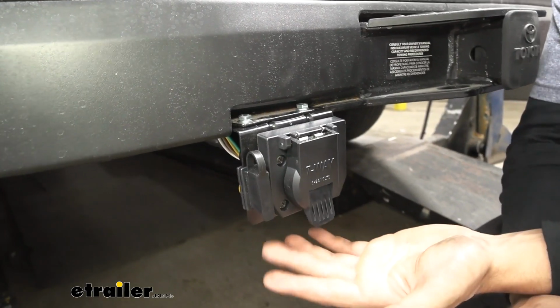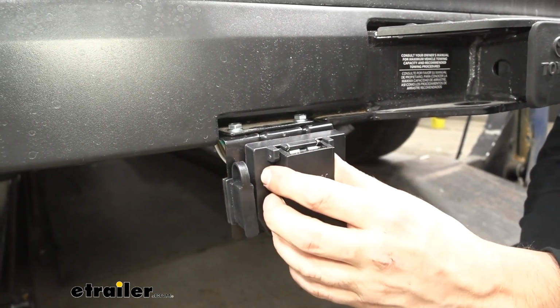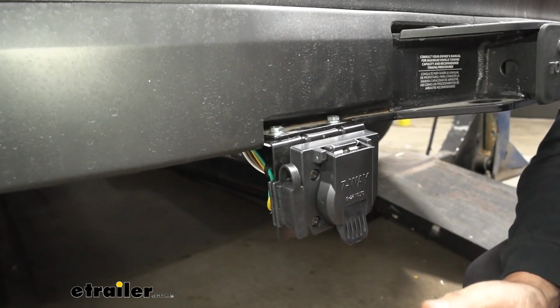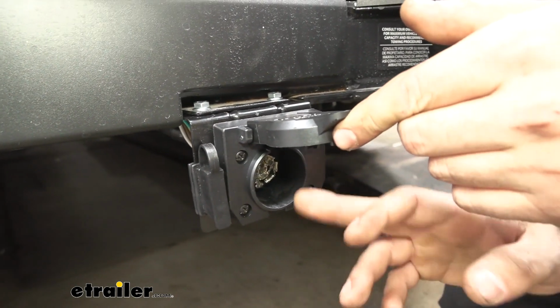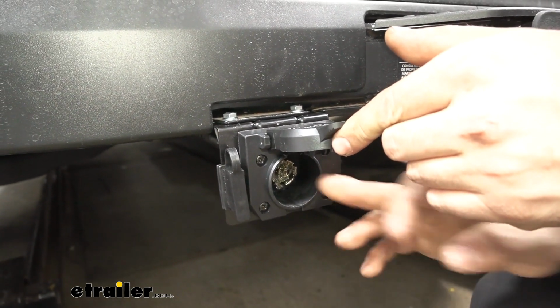So what's really nice about this kit is that we're going to have both a 4- and 7-way trailer connector. So we have the 4-way on the side here when we're towing our smaller trailers without brakes. And we're also going to have our 7-way over here when we do need to tow that larger trailer. And it's going to have an additional circuit for both the battery charge line as well as the electric brake